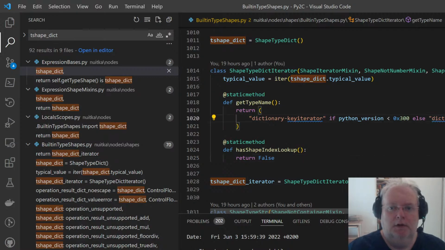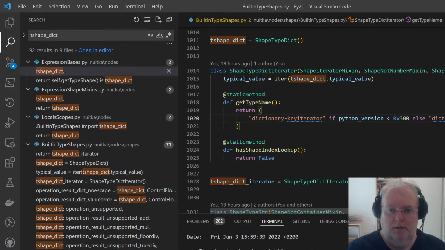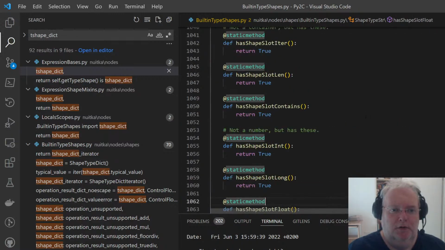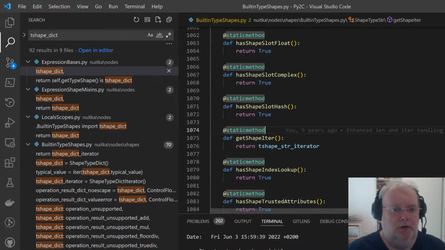And actually, can I do it like this? Add words. I never know. Yeah, we'll do this eventually. And okay, so that's the infrastructure for annotating these things.